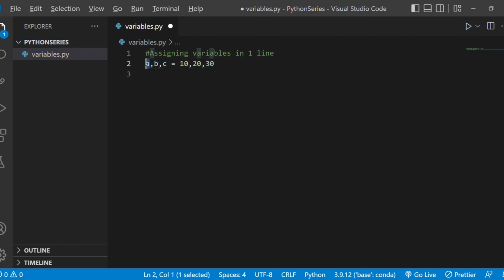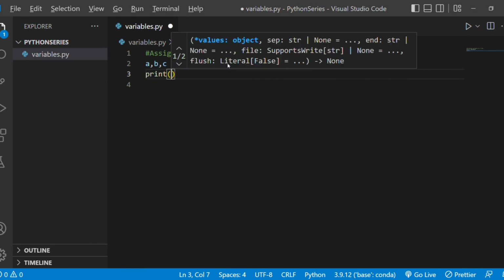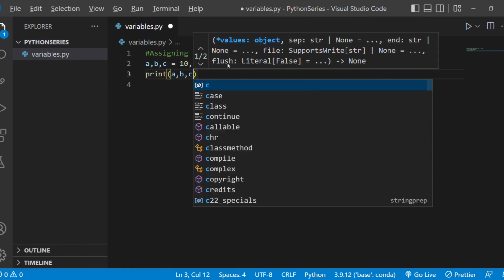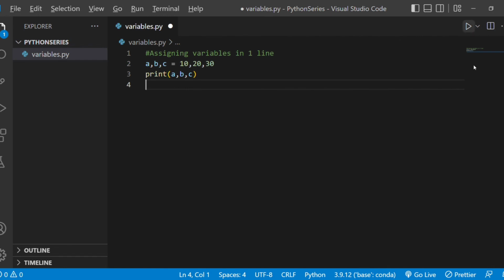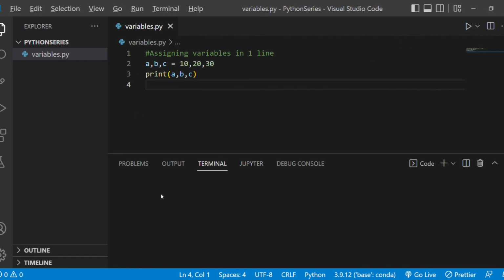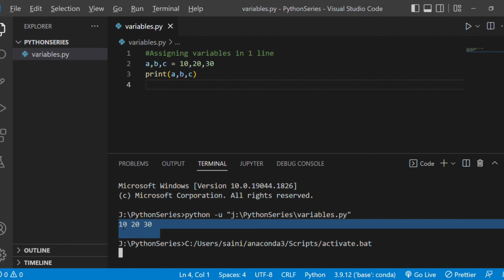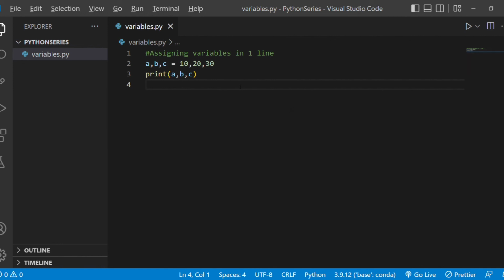Now a here is 10, b here is 20, and c here is 30. So if I print a comma b comma c here, now we'll get 10 20 30 here, right? So I hope you got this,